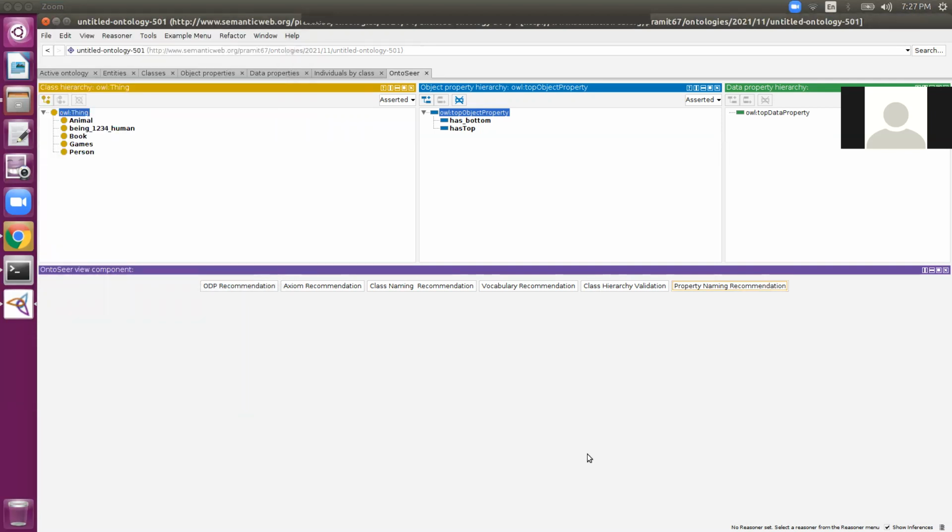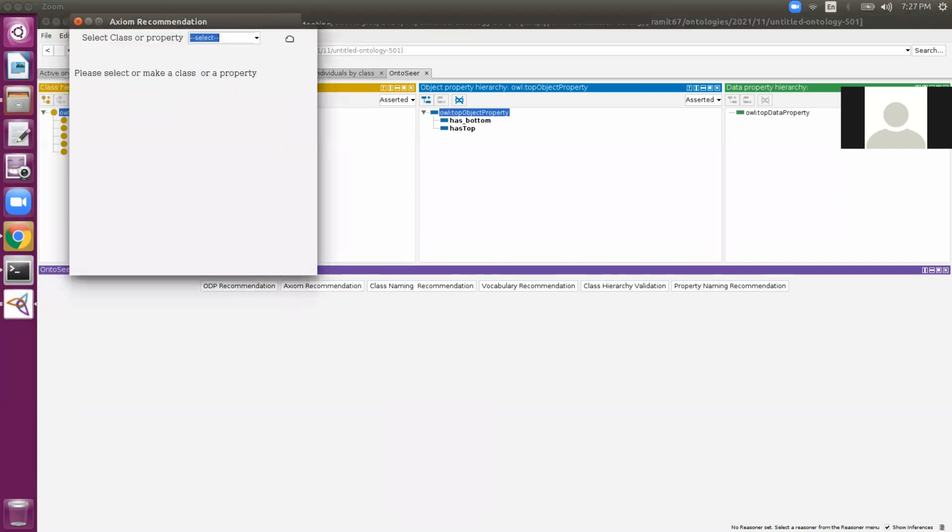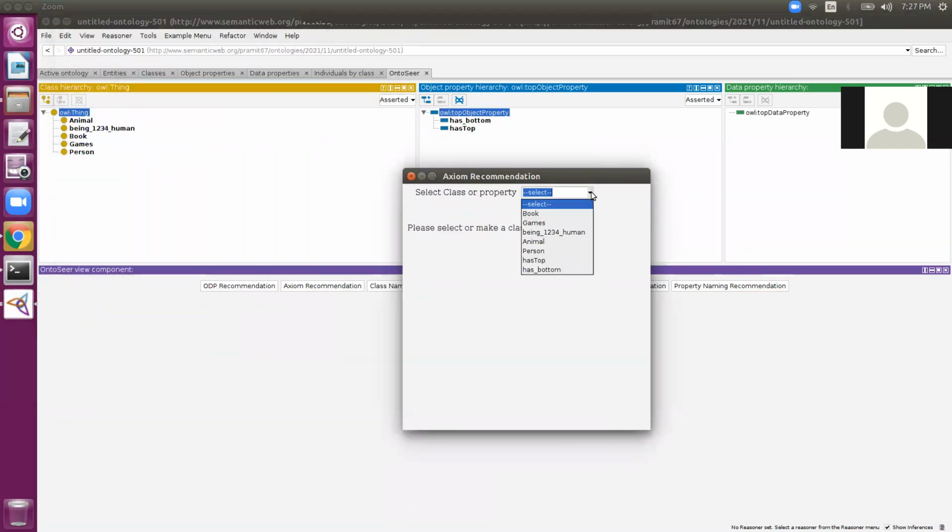Next, we move to the axiom recommendation part. For axiom recommendation, you can click on the axiom recommendation button. Again, a drop down with all the terms that are present in the ontology will open up. I am choosing person for recommendation. On choosing person, we get axioms like person subclass of agent or person subclass of Armed Forces Personnel. Both agent and Armed Forces Personnel are not present in this ontology. So this is how Ontosphere can help you in predicting the mixed axioms also.